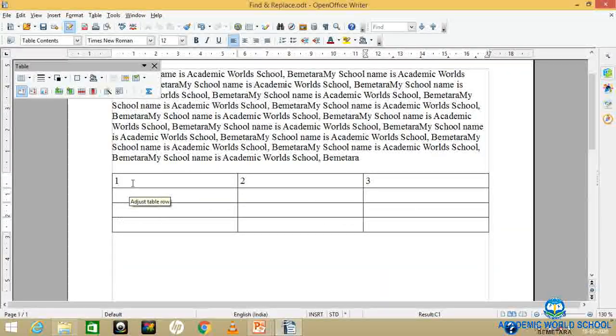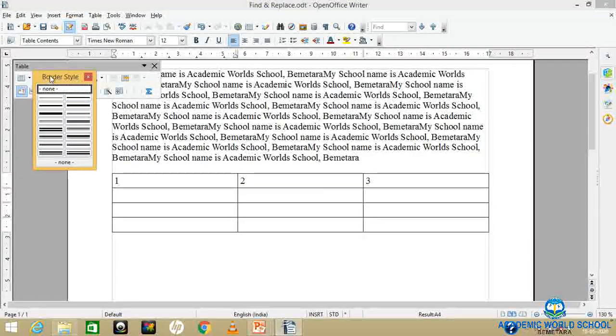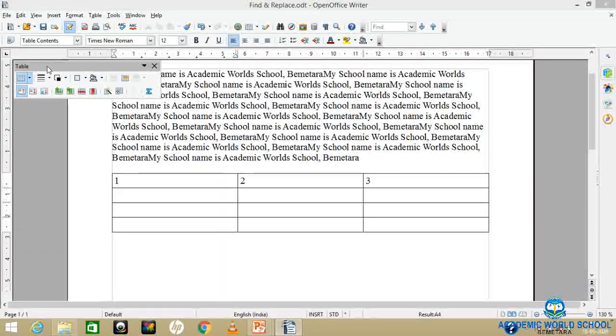I'll write here one matter, 1, 2, 3. Now you can see here I have taken 1 2 3. These are the columns. 1 2 3 4, these are the rows.